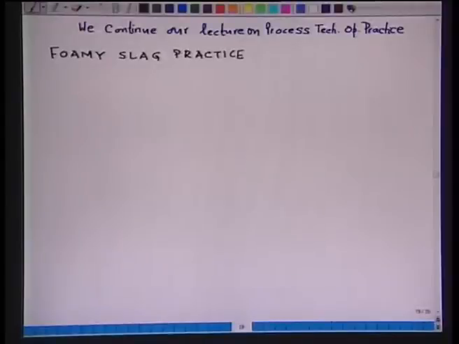So, we continue our lecture on process technological operating practice. In that sequence, we will be discussing today foaming slag practice. As I have already explained what is a foaming slag and how does it form in our lecture on slag making fundamentals. Now, the advantages of foaming slag practice are, for example, heat transfer